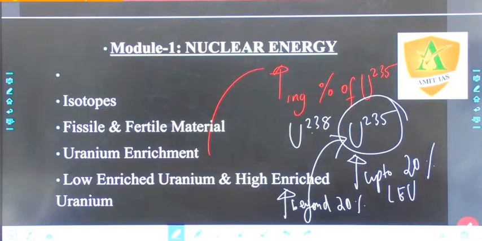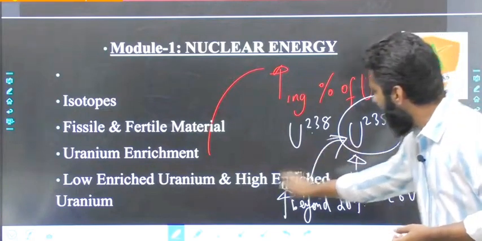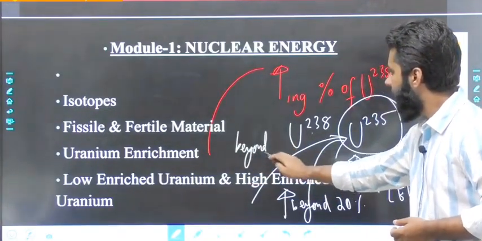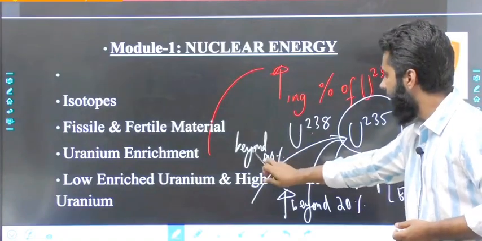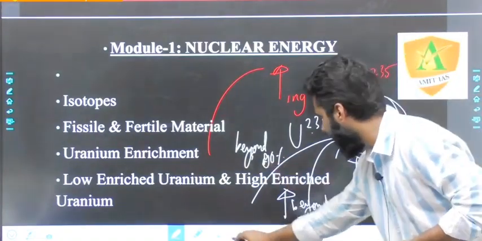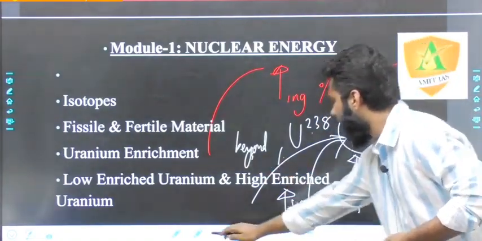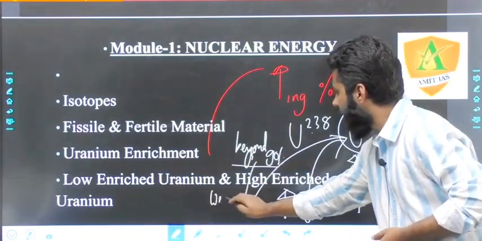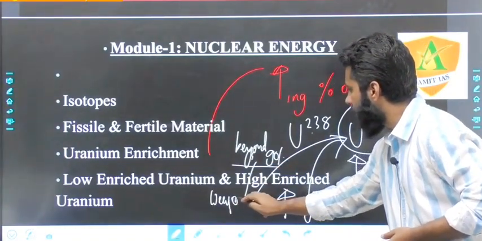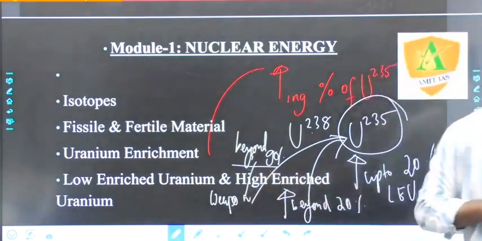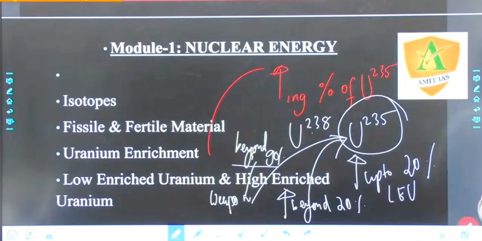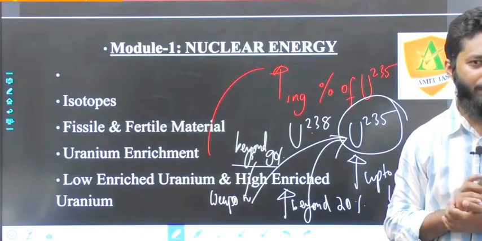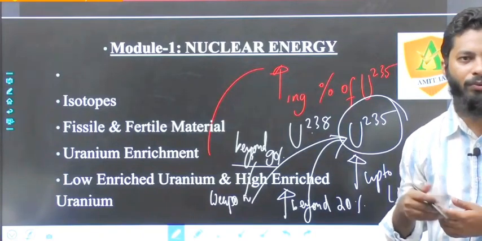And if you are increasing the percentage beyond 90%, then it is weapon grade uranium, right? So we have studied that naturally occurring uranium will have two isotopes, uranium 235 and uranium 238,